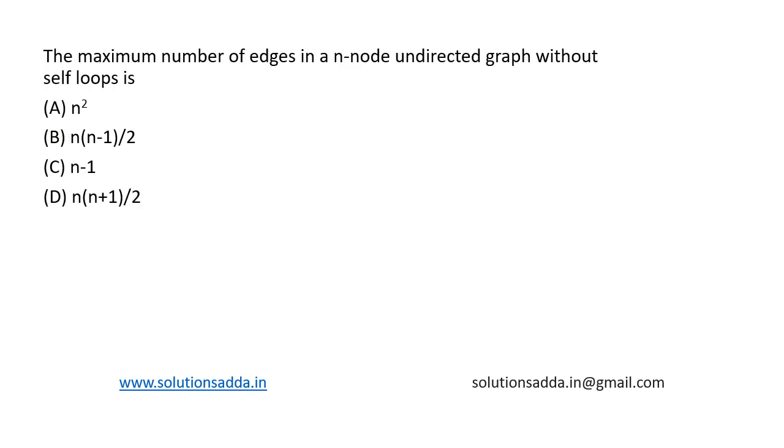This is a question from graph theory. The maximum number of edges in an n-node undirected graph without self-loops is, and 4 options are given. Since the graph is undirected, it means the order of edges doesn't matter. And also we have no self-loops. So what is to be done here is we have to insert an edge between all possible pairs of vertices. Therefore, this problem reduces to finding the count of